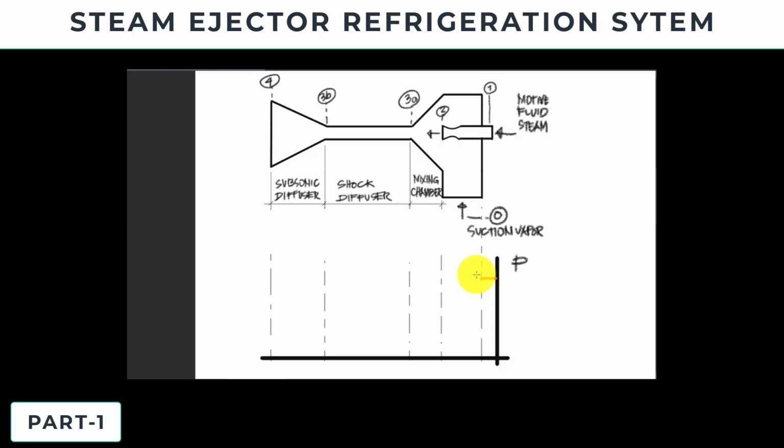So we have decreasing pressure from point 1 to point 2. So this will be decreased papunta dito sa ating point 2, where the mixture, or after, we'll call this going to the mixing chamber, where the suction pressure, suction vapor, or let's say the vapor coming from your chiller mix in.